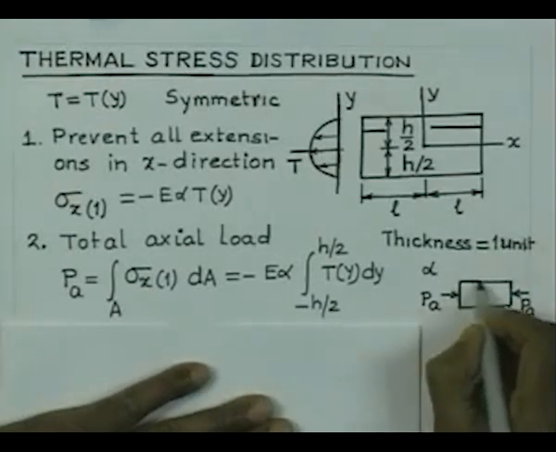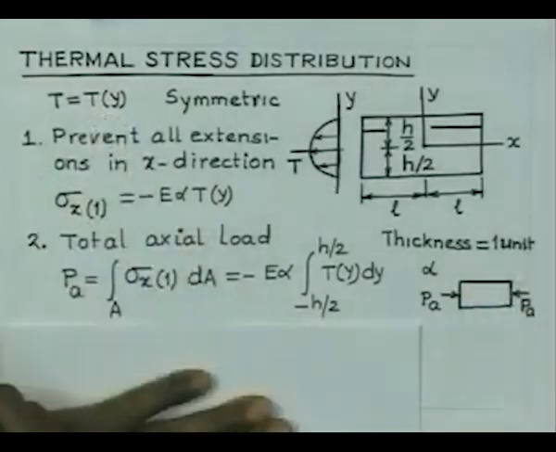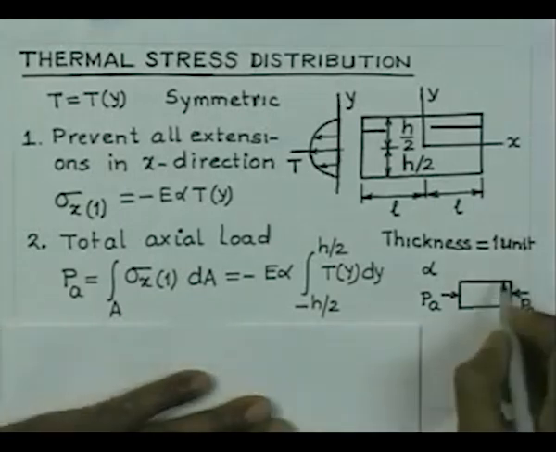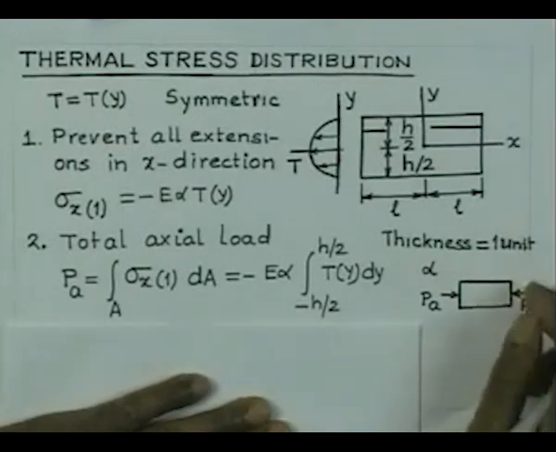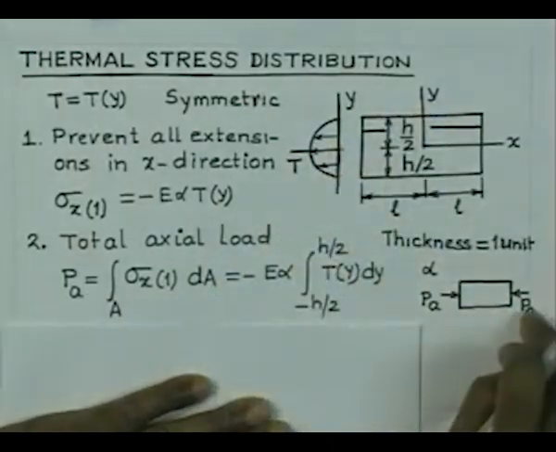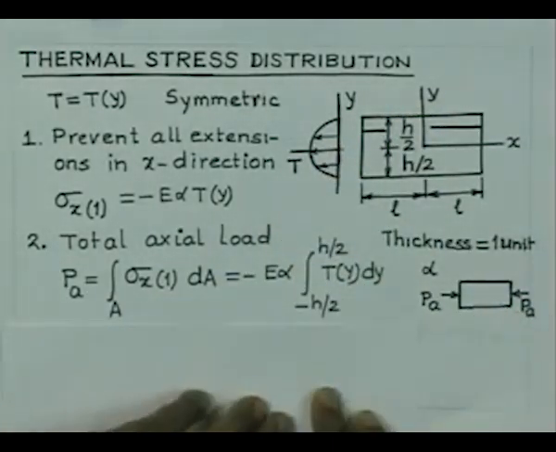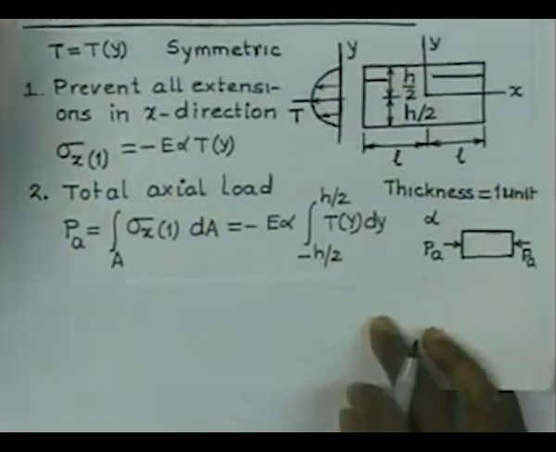And we also have the temperature of the body varying in the y direction, given by this relationship. In fact, we do not have any external load at the free end, and therefore, to get the body corresponding to this one, we must apply negative load at the ends. If we apply negative load at the ends of magnitude equal to Pa, it is going to give rise to stresses of magnitude equal to Pa by 2H into 1, and that is the stress which is going to come up because of the application of Pa in the opposite